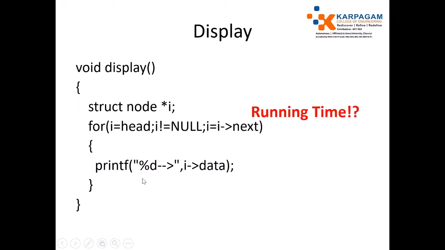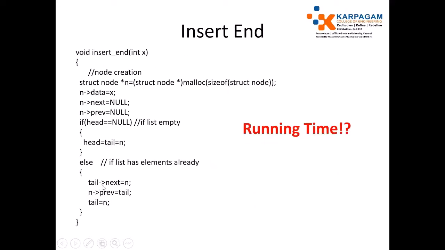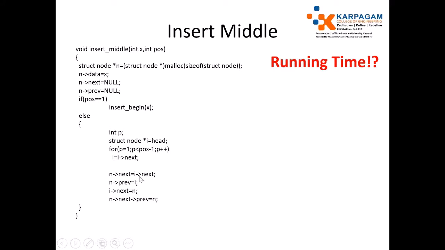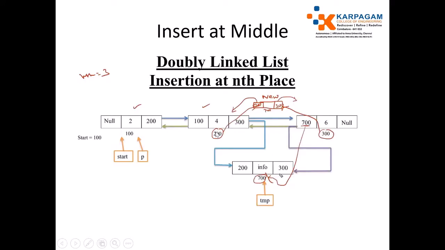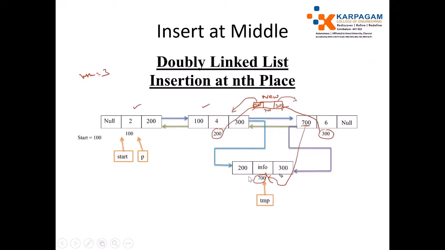It means that new node of next is initially null. I need to set the value 300 here. This 300 value can be accessed by using i of next. i points to the second node, and i of next is 300. The 300 value is set to new node of next. So just to have the value new node of next equal to i of next. So I have set this one.